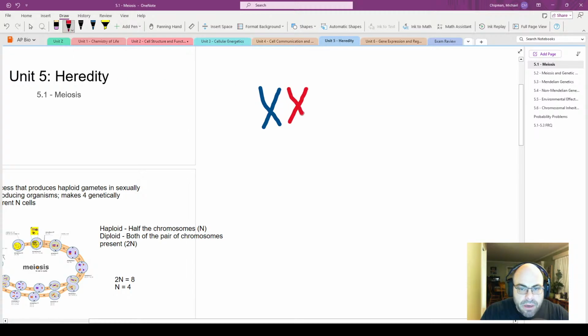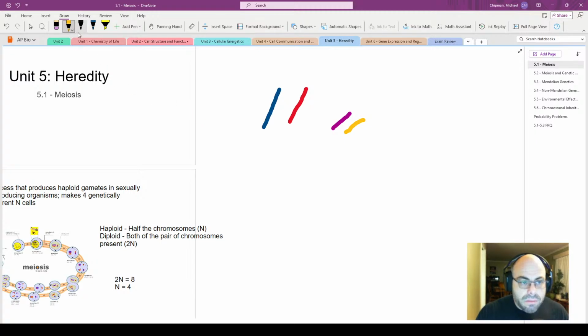So I've got this pair, and this other one is going to be purple and yellow. This particular cell, where I'm not going to draw a circle around it but you can just imagine there's a cell,